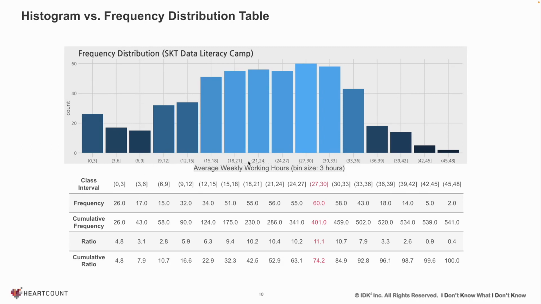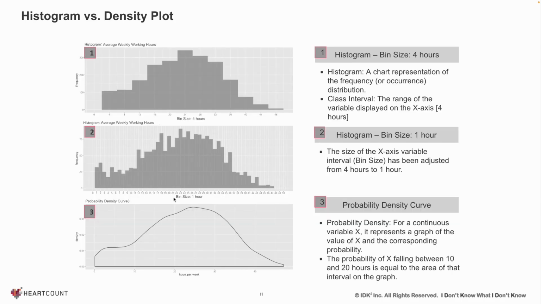As an example, let's look at the distribution of weekly work hours across employees in a company. By categorizing the hours into bins and visualizing them through a histogram, we gain insights into the work patterns and can make informed decisions. Taking it a step further, reducing class intervals from 4 hours to 1 hour to 30